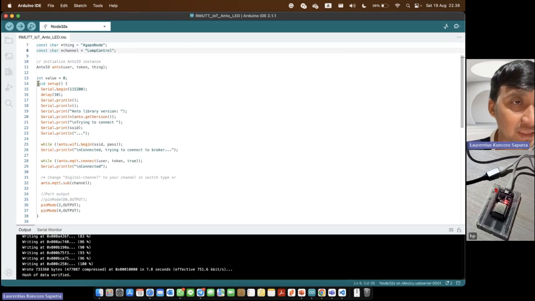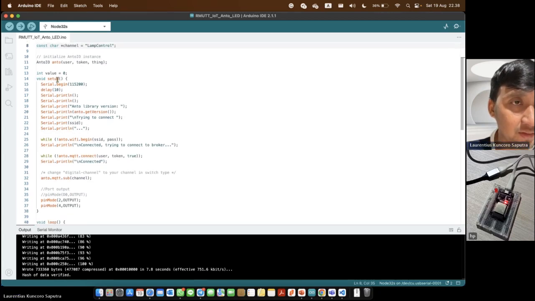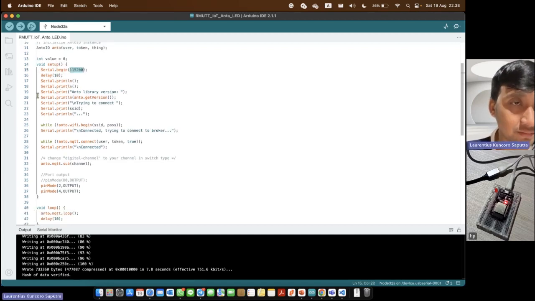Then in the setup function, we initialize the serial with 115200 for the baud rate, and print the Anto library version, to make sure that your ESP32 can use the Anto library.